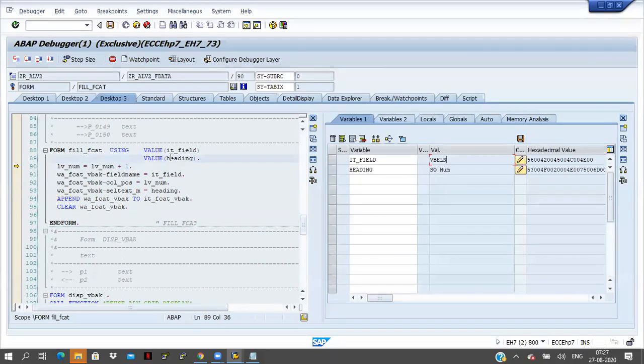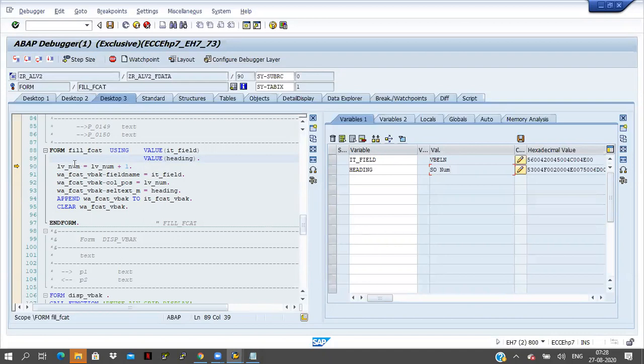That variable name is IT field, internal table field, and heading. These two are the variables now. The first variable will contain the first input value, the second variable will contain the second input value. The same thing is coming here: internal table field is VBELN and heading is SO number.